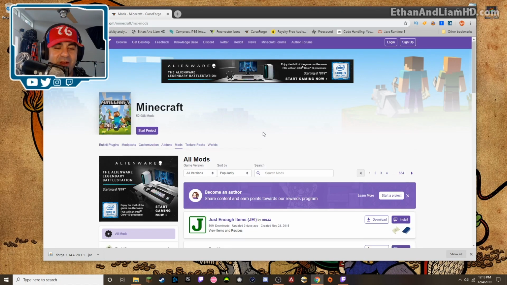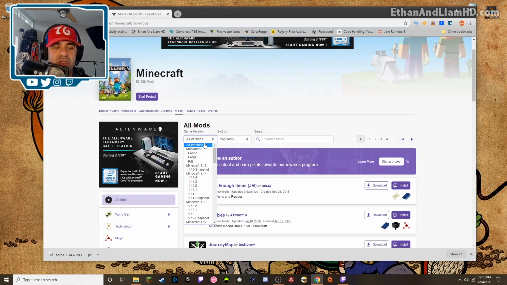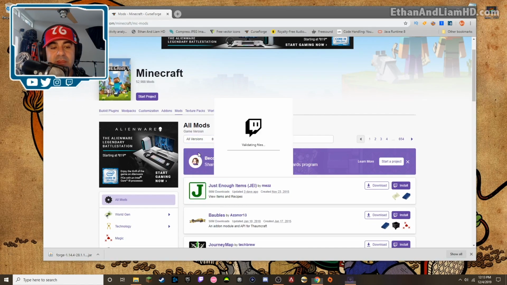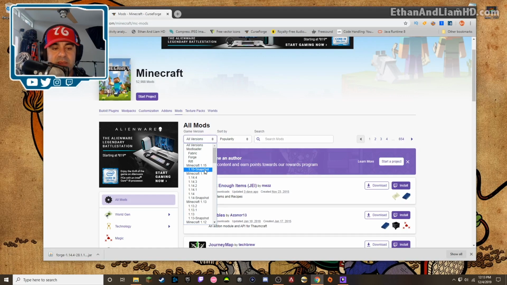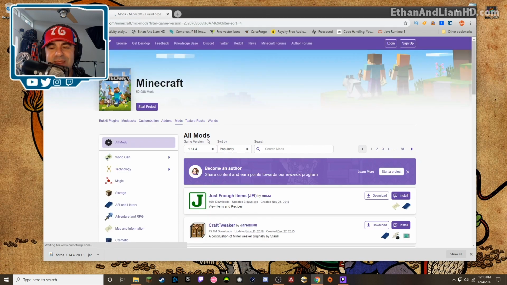This is easy right here. Okay, we go to mods and we go to versions. Now we want to download. Oh, good, they separated. I absolutely love it. See how it says snapshot 1.15? Yeah, there's mods, but there's no Forge, so what would be the point? None. So we're going to go to Minecraft 1.14.4,